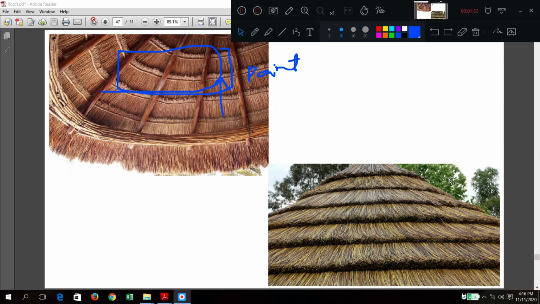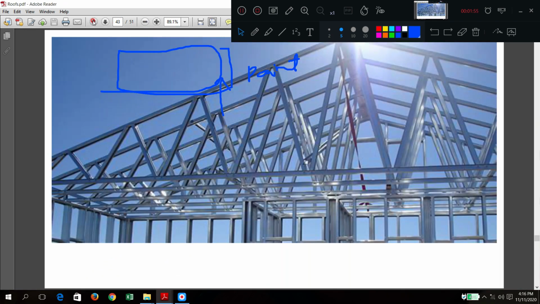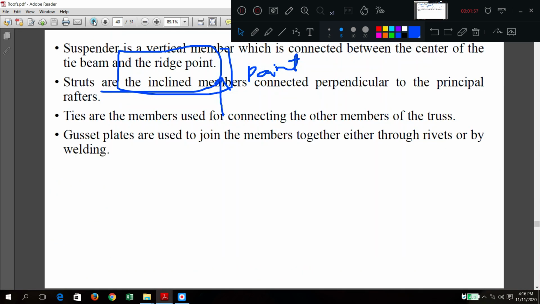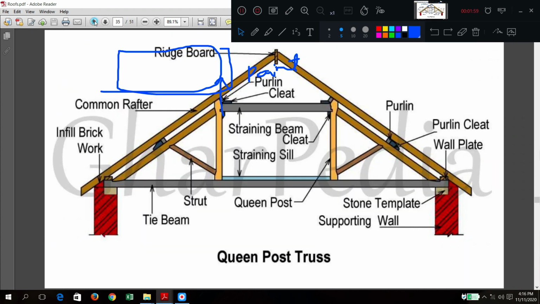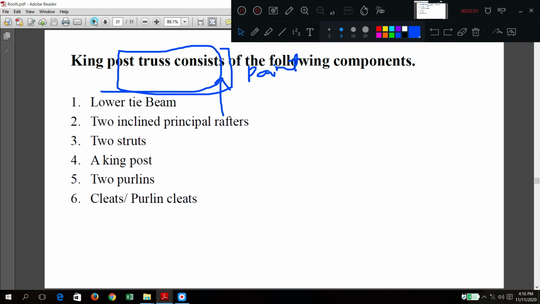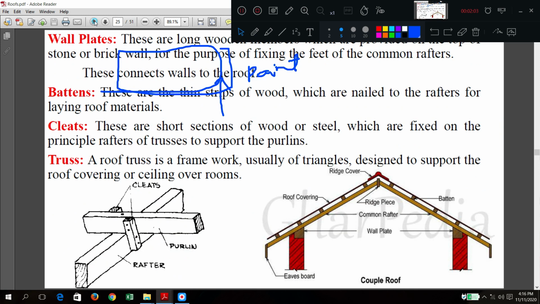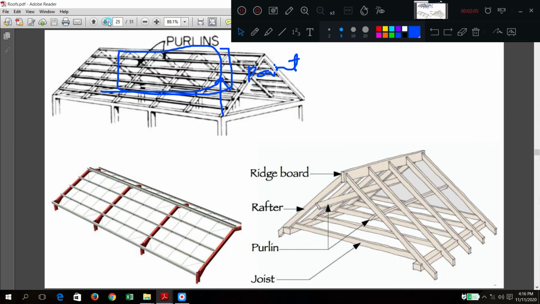This diagram shows the laying procedure. Here you can see you have purlins and rafters.